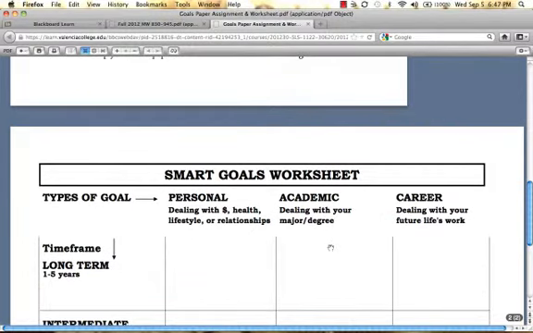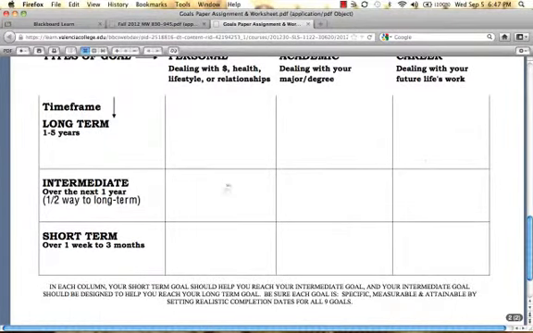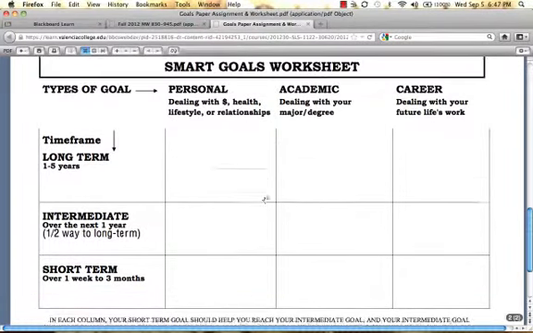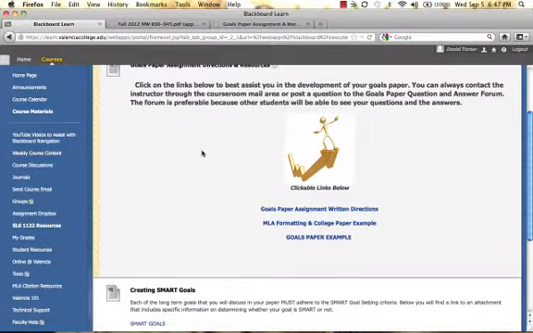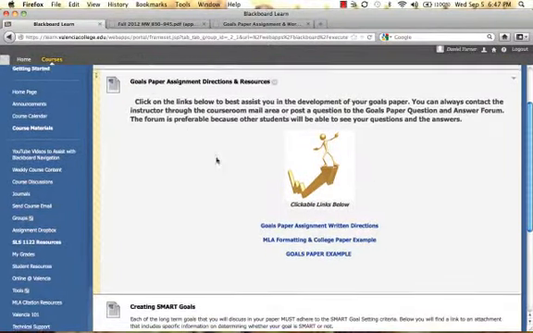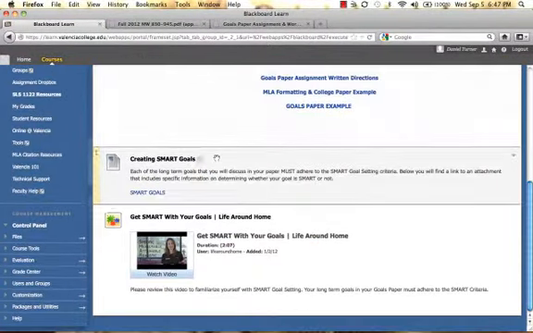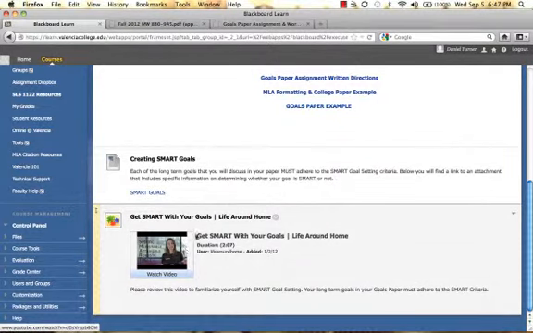Now I have included a SMART Goals worksheet for you that you can use in helping guide you to creating your long-term personal, academic, and career goals, and then also your intermediate and short-term goals for each of these long-term goals. Now remember that it must adhere to the SMART criteria, so I'm going to scroll down here. We're going back to the Goals Paper Assignment Directions and Resources area, so you'll scroll down and you can see I have a handout of SMART Goals and what SMART Goals is all about, and then I also have a video